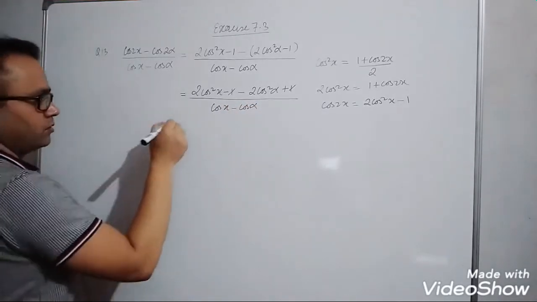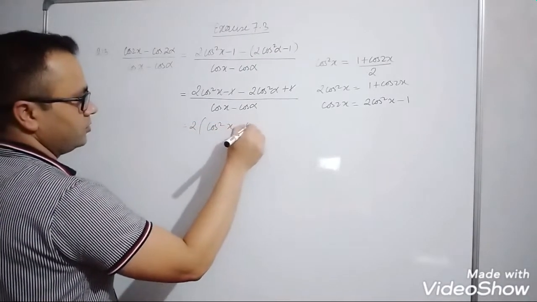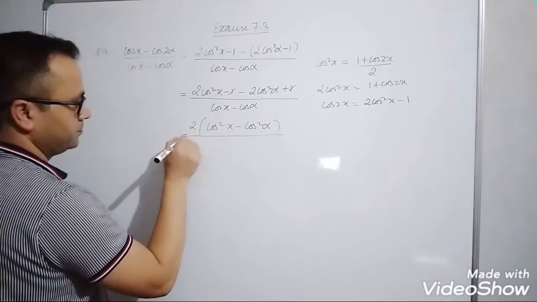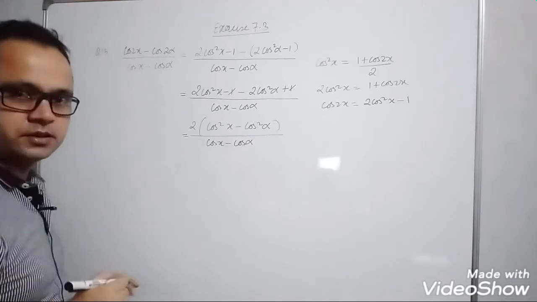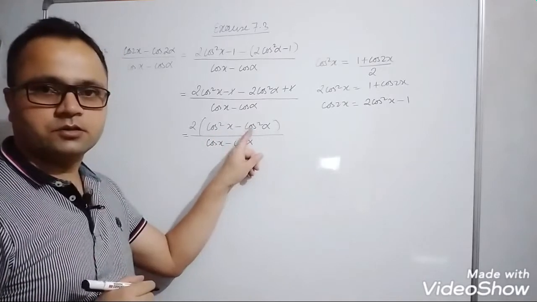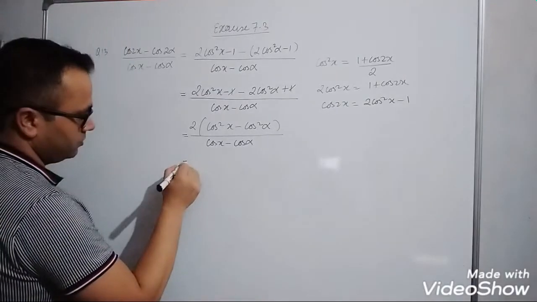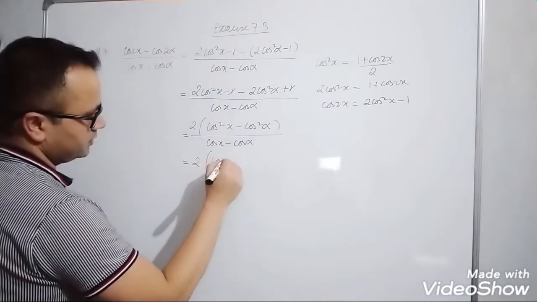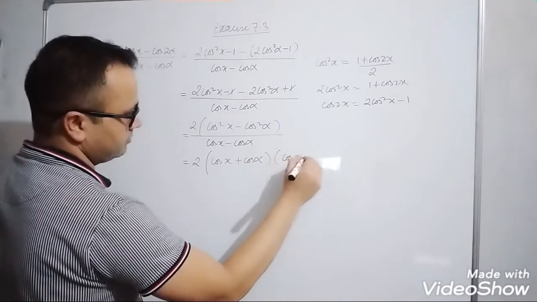We can take 2 common. Inside the bracket, cos square x minus cos square alpha is left, divided by cos x minus cos alpha. Here it is in the form of a square minus b square. What is the formula of a square minus b square? It is a plus b into a minus b. So this equals 2 into cos x plus cos alpha into cos x minus cos alpha,